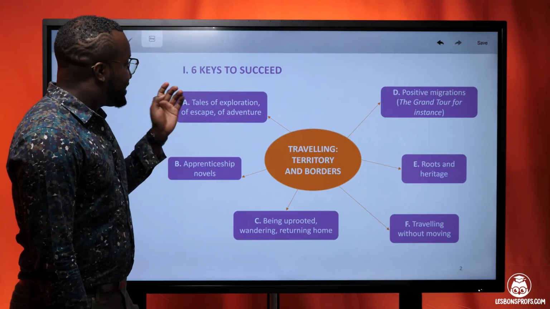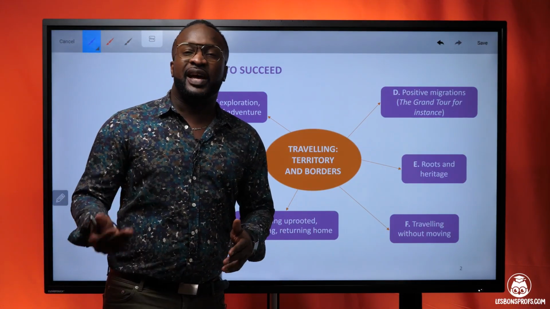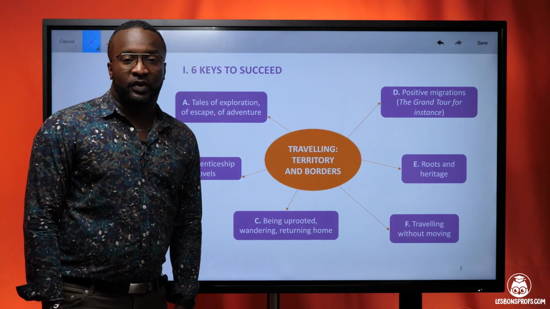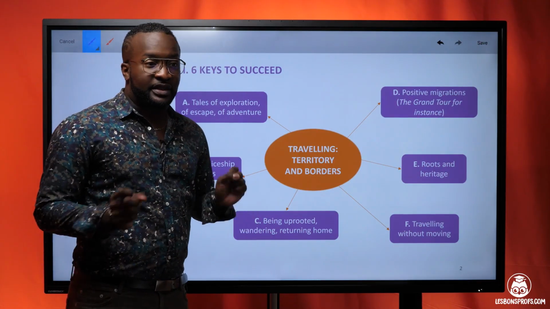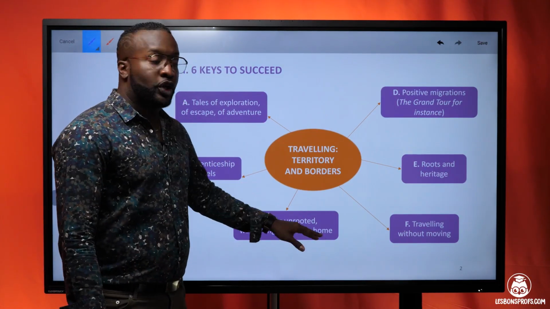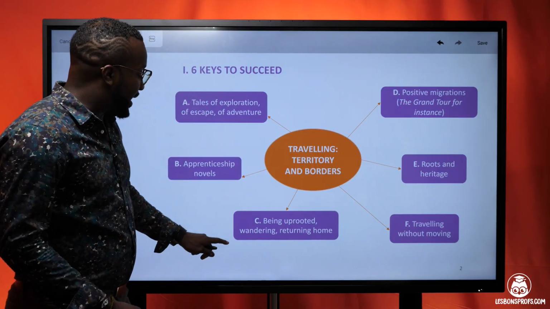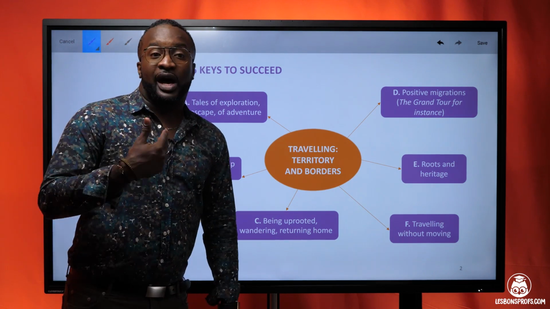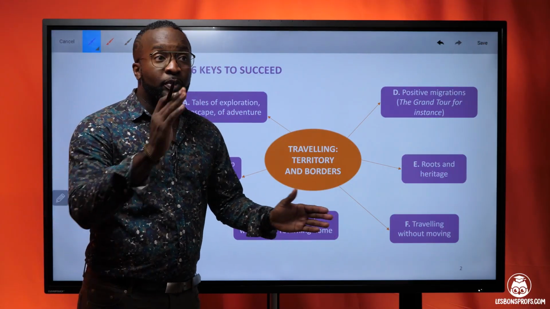So A, tales of exploration, of course, of escape, of adventure. All this is important. So B, apprenticeship novels. Okay. C, being uprooted, taken from a place and left in another one. Okay. Wandering, returning home. Why not? To wander, W-A-N, sorry, instead of O-N, when you ask yourself a question, is to walk without a proper aim, a proper